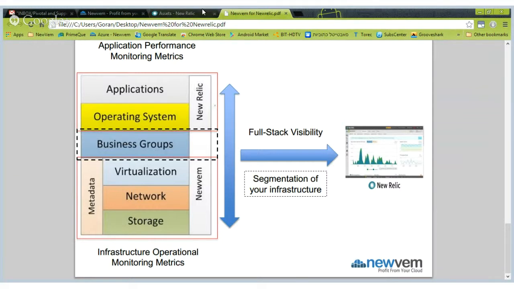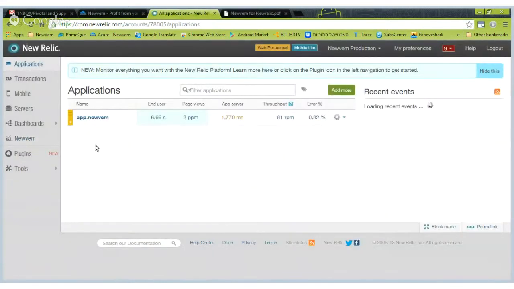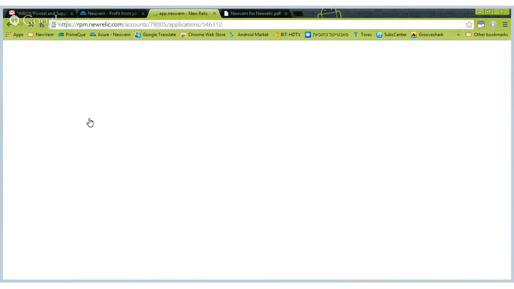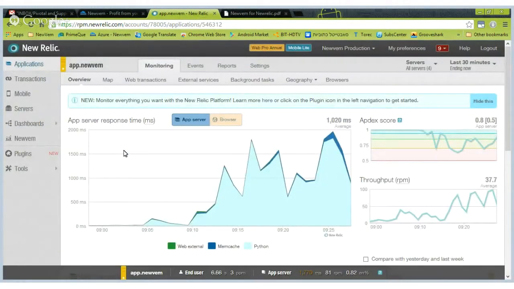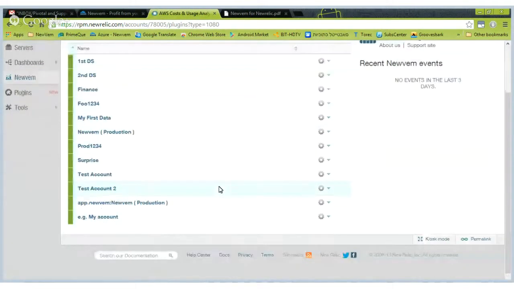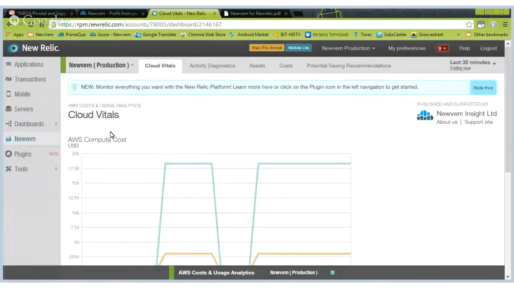So here I will show you the exact example with my personal environment in New Relic. As you can see here, I have only one application that is being monitored. This application is only 2 servers and 4 EBSs behind the scenes. While when I go to the NuVim plugin here, I can choose various accounts that I use in Amazon. Most of the customers are seeing their full account, which is here. NuVim production would be all of my resources, 26 servers, 100 and something EBSs, which doesn't correlate. I'm seeing apples and oranges. So